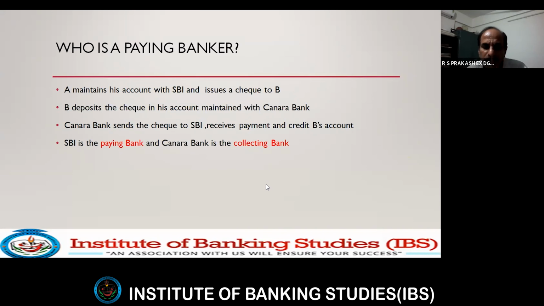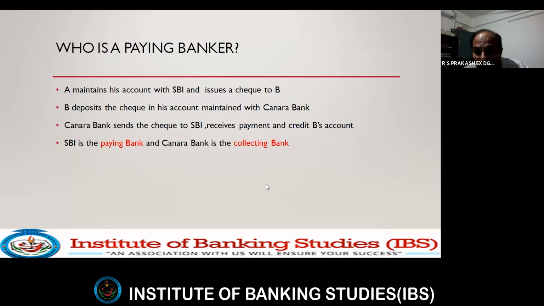You order something, he will pick it from somebody and deliver at your doorstep. That means he is handing over that to you. Similarly, when you are negotiating an instrument, you are also delivering that check. You are handing over that check to the other person to whom you want the monies to be collected. This is called delivery.